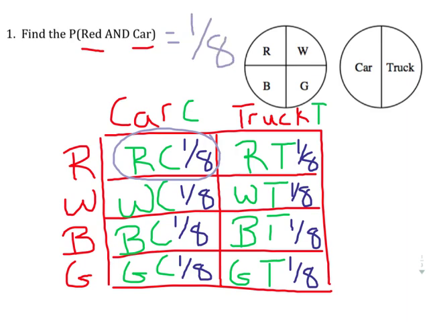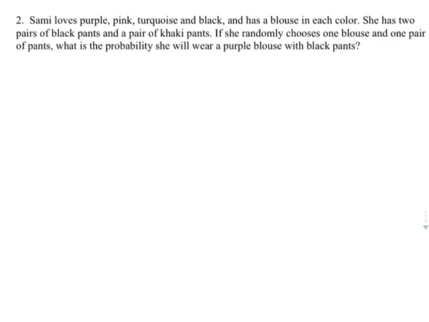Okay, let's take a look at the next example. Sammy loves purple, pink, turquoise, and black, and has a blouse in each color. She has 2 pairs of black pants and a pair of black khaki pants. If she randomly chooses one blouse and one pair of pants, what is the probability she will wear a purple blouse with black pants? We're going to try to do this one using a tree diagram,